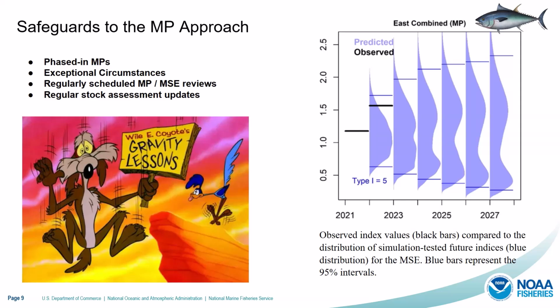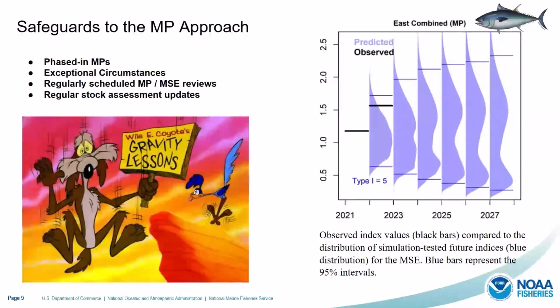Basically, we feel very confident that we know how the management procedure will respond if the true index is within this 95% interval. If the true observed index, which is characterized by these solid black lines, falls outside of this range, then that constitutes a breach, because we're not confident in our ability to understand how the management procedure will perform, because we didn't simulation test for that. It's then a scientific exercise to measure the breach of exceptional circumstances and to determine what additional action needs to occur.